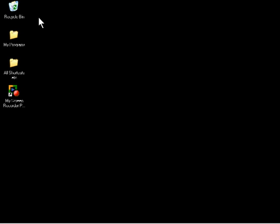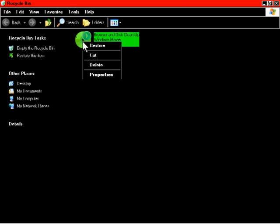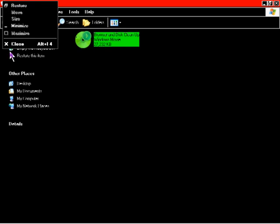Next step, come up to your recycle bin. Now be sure everything that's in it you do want to get rid of. So you can open it. I have nothing in mine. I have one file. If there's anything in there that you're not sure about, you just highlight that one, right click. For example this, I'll right click this. I'm not going to restore it, but if you want to keep a file, you just click on restore and it'll restore it to where it was deleted from. So I'm not going to restore it, so I'll just close the recycle bin window,